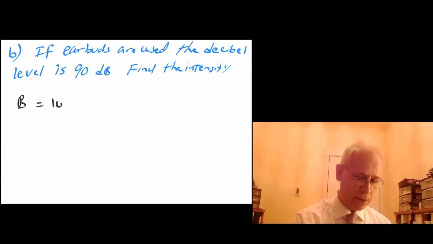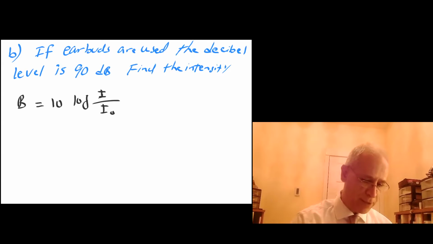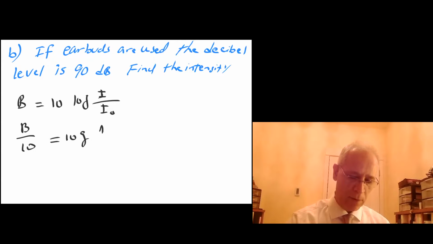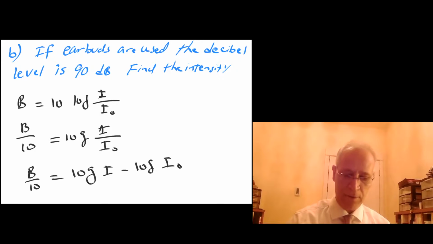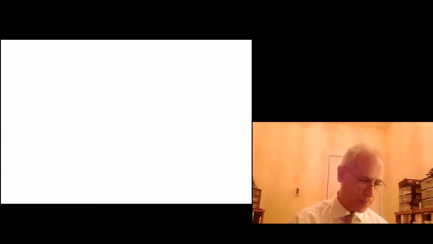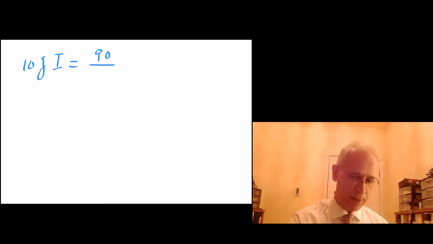B equals 10 times log of I over I naught. And so once again, solving for I, divide both sides by 10. So I get B over 10 equals log of I over I naught, and then B over 10 equals log of I minus log of I naught. And I know that this number right here was 10 to the power of negative 12. Let me go to the next page. So log of I equals, B was given to me as 90, divided by 10 plus